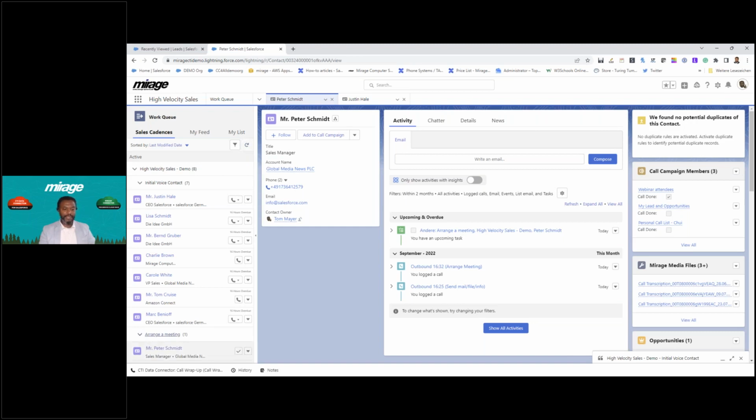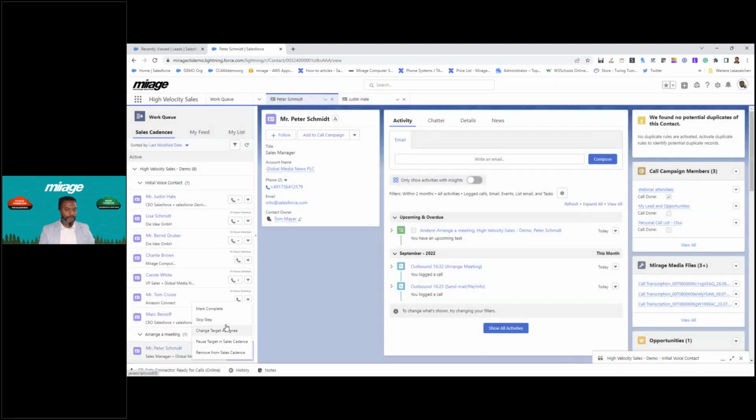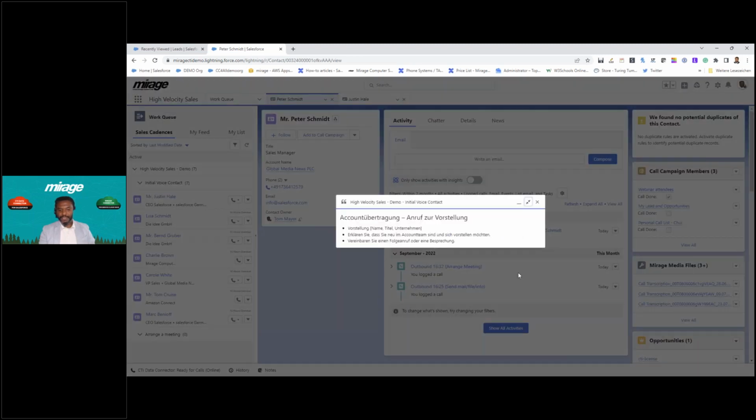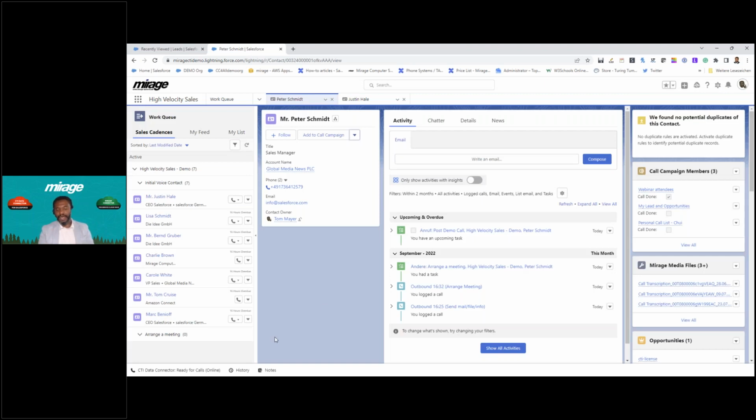Me deciding to say, okay, this meeting has already been arranged and I've had the meeting already. I will say, sorry, cancel. I'll say I want to mark this task as completed. Here also, you have some information about the in-app guardians, which you can actually build for your sales people directly in Salesforce to give them an aid on how to go around with the customer. You have here automatically also with the system, with the fact that I've accepted, okay, the meeting has been made,